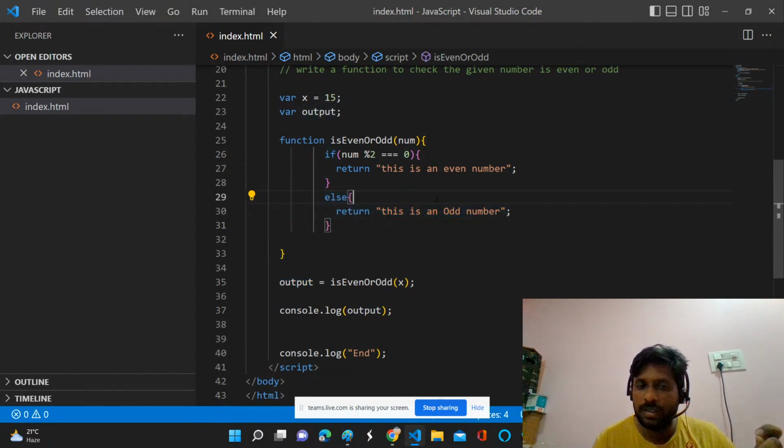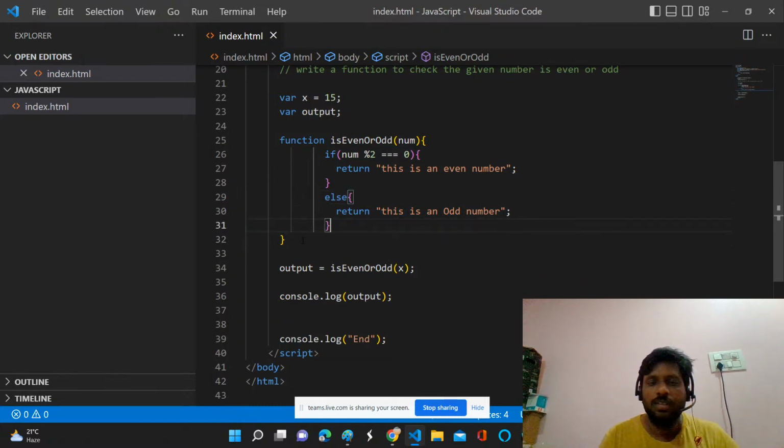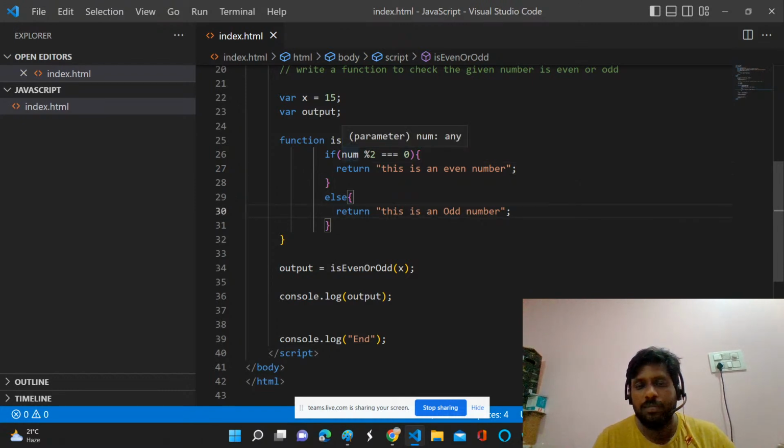So always remember, you should write the logic in the function so that it will reach a return statement only once. You should maintain it in a logical way. So either it will reach line number 27 or it will reach 30. If you give an even number, it will reach line number 27 and come out of the function. And if you give 15, it will reach this line,